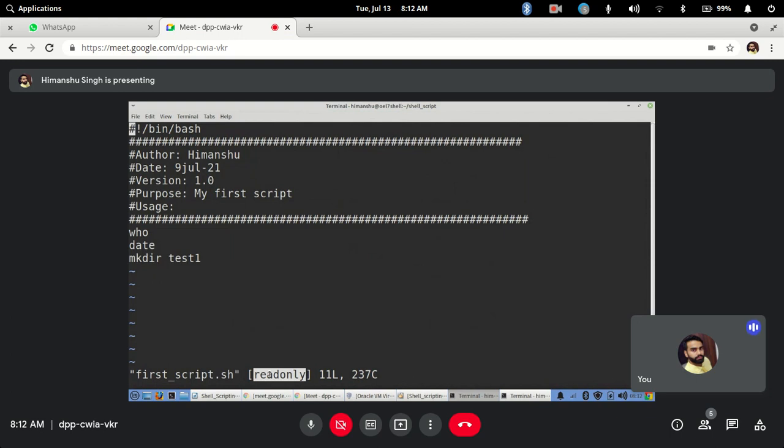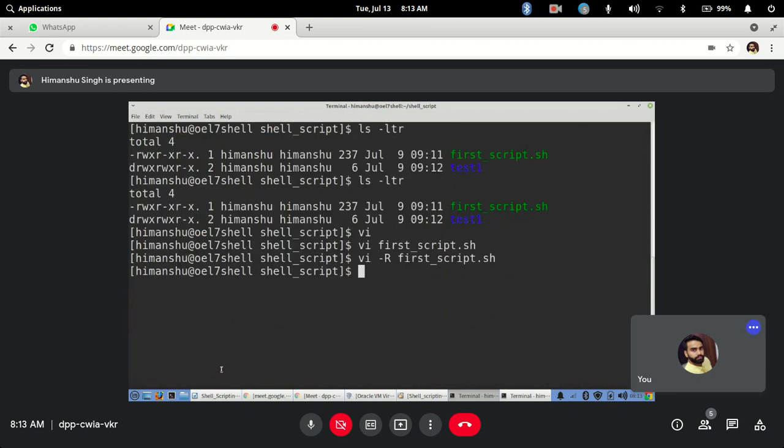So if you are not going to change the file and you just want to read it, it is better to use the capital -R option, to make sure that you are opening the file in read only, and even if you try to add something, it will not allow you to. See, it is saying it's changing a read only file, and it will not allow you to insert anything to this file. Got it?